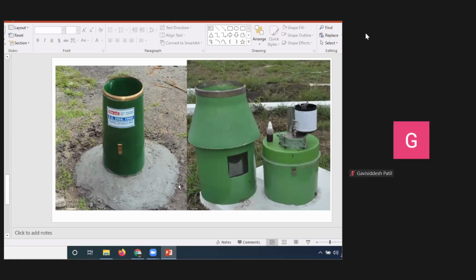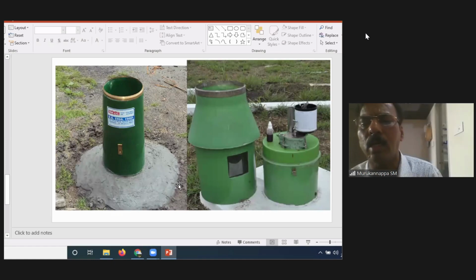So we have to use this automatic rain gauge for recording and to obtain all the characteristics of the rainfall, that is the amount of rainfall in depth, or the intensity of the rainfall, that is the rate at which the precipitation is falling, per hour for a given period of time, so per unit of time. And also the frequency and the total duration of the rainfall. How much rain occurred in total, how much depth, or otherwise the intensity, that is depth per unit time.